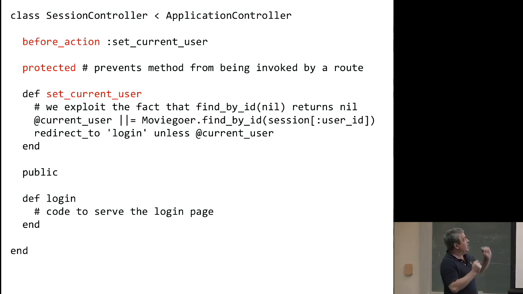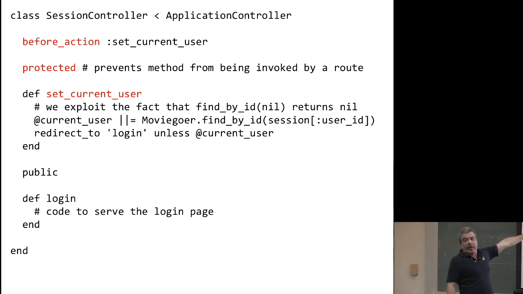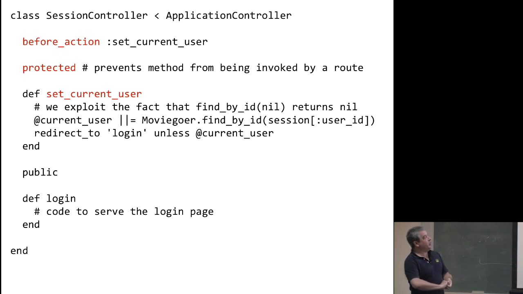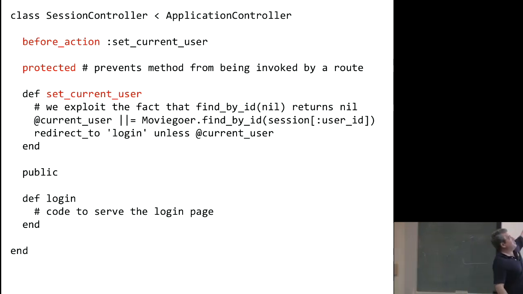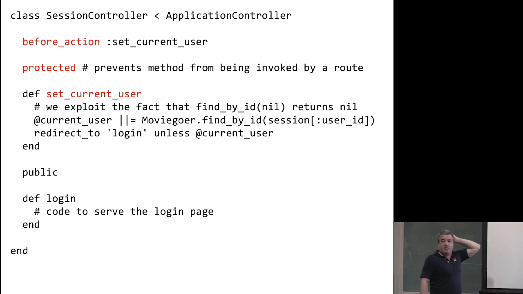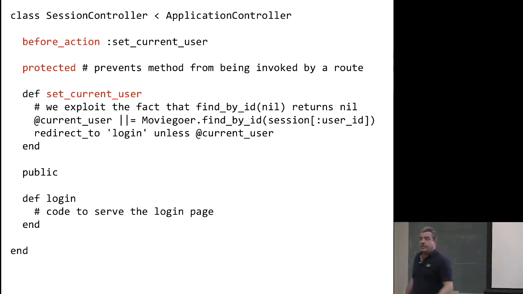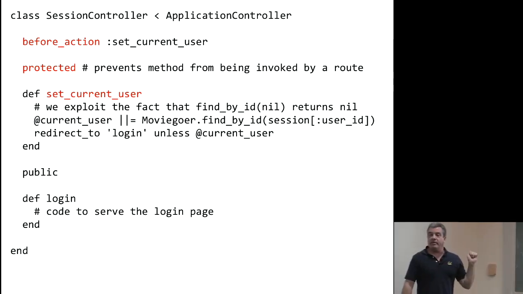OK, so my question is, what is the problem with this code the way that I have expressed it? And if you want a hint, in one of the previous homeworks, there were a flurry of Piazza posts about I'm getting an infinite redirect loop when I try to run my code. So before every controller action, I'm going to try to run this set_current_user. And if it's not finding someone in the session, it will immediately try to do a redirect and run the login action, which is supposed to give the user a chance to log in. What's the problem with this the way I've written it?